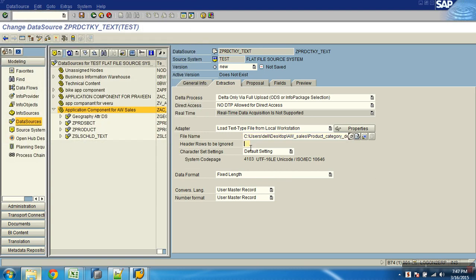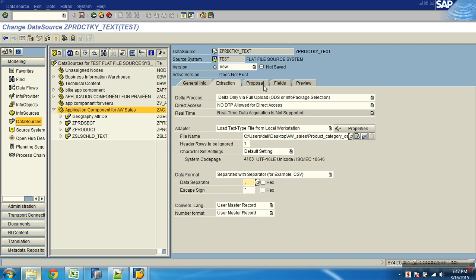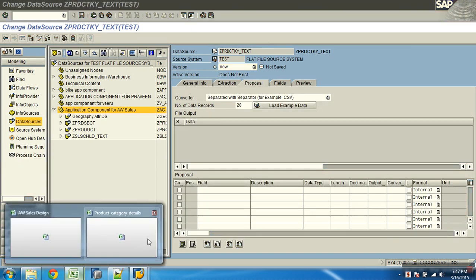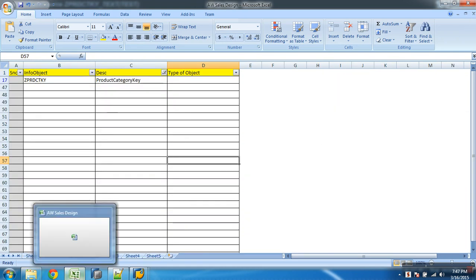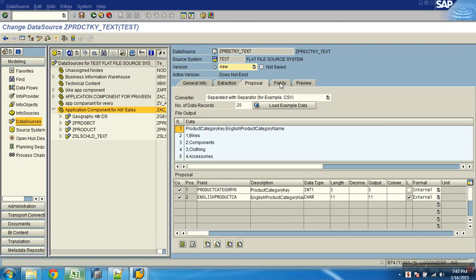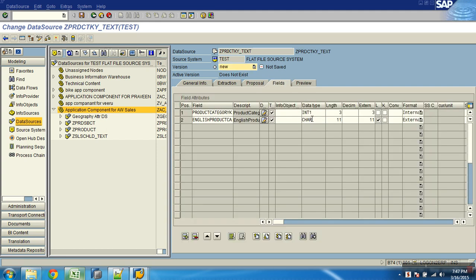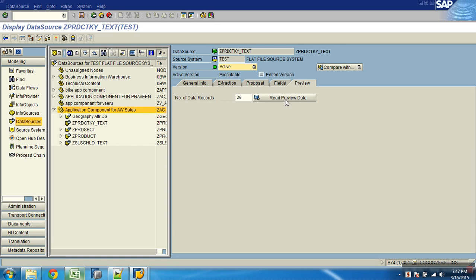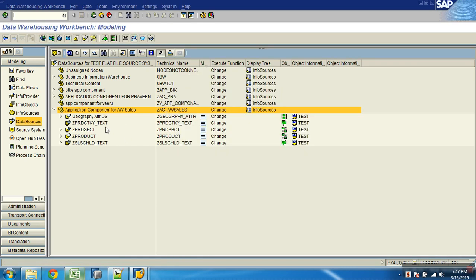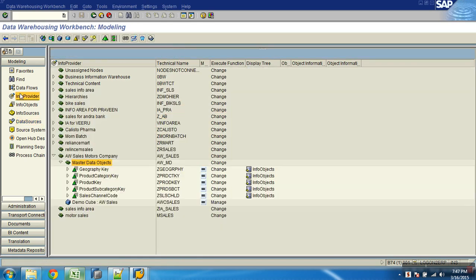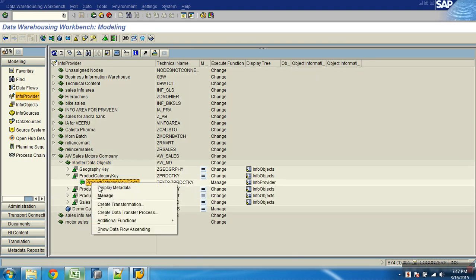Product category, number of headers to be ignored is 1, CSV file, semicolon, proposal, get the file closed, load sample data, that's it. What was the next step? It's product key text.